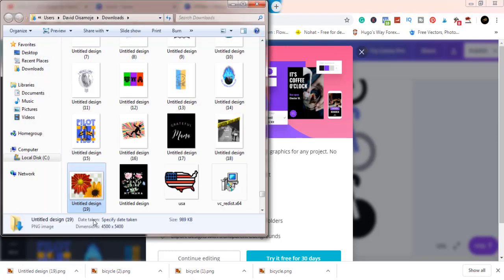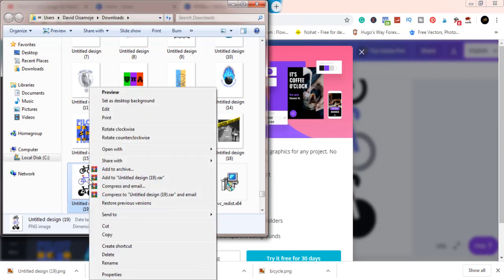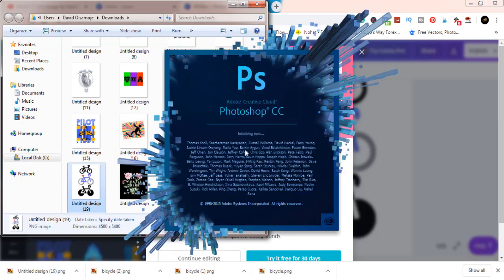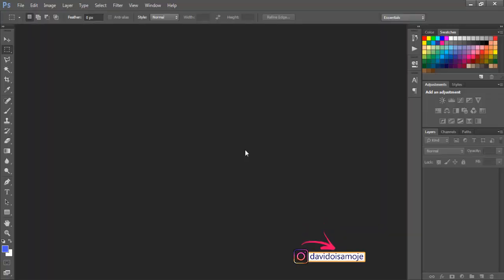So just click on that. So this is it. We'll just wait for it to load. We should have it. Yes, this is it. So just click on it and open in Photoshop. If you have Canva Pro, you might not need to go through this stage because you have the opportunity to remove the white background straight right from canva.com. But if you don't have the Canva Pro and you have Photoshop, then you can do this stage which I'm about to show you. This is the third stage which I'm about to show you.